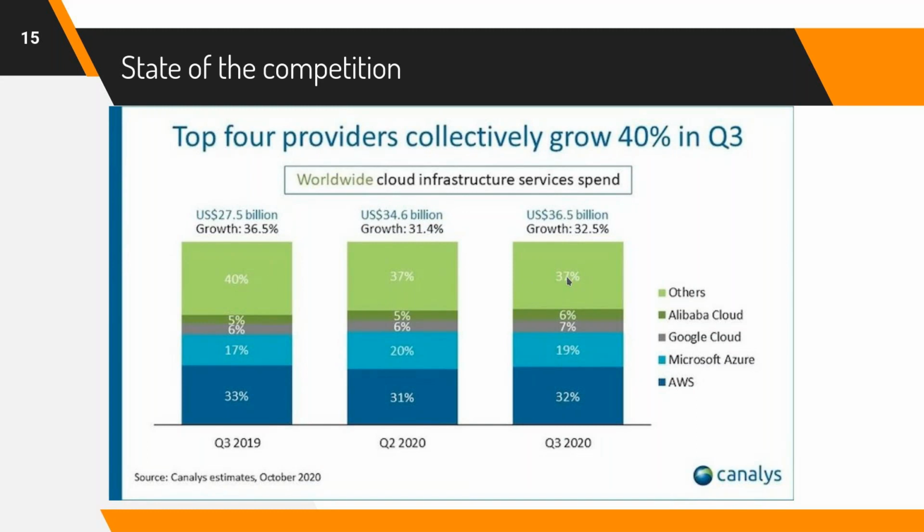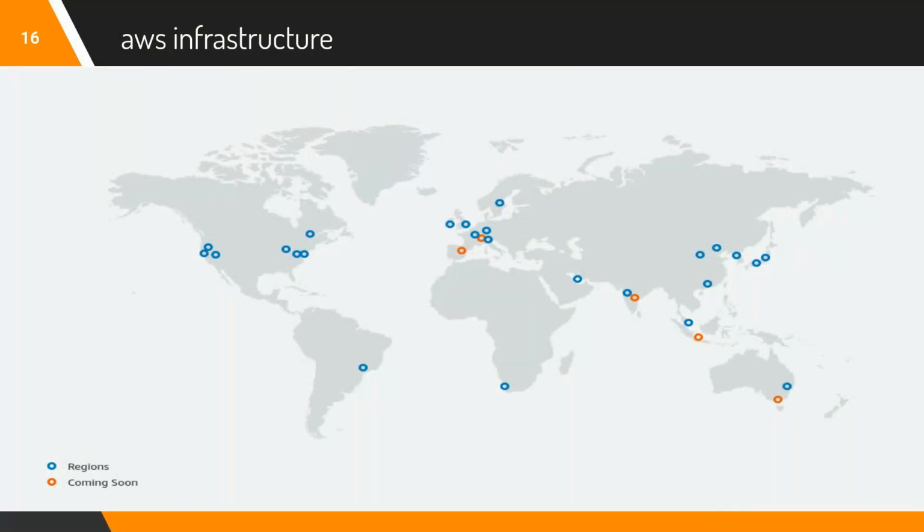What does that indicate? Most of the competition is going to AWS and Azure, and a bit to Alibaba, and some to Google Cloud. Alibaba is also trying to catch up. They have recently started aggressive campaigns to increase their share, but this is the total cloud market share in October 2020, just to give you the idea. Now, talking about AWS infrastructure. Remember when I said cloud is nothing but a set of data centers.